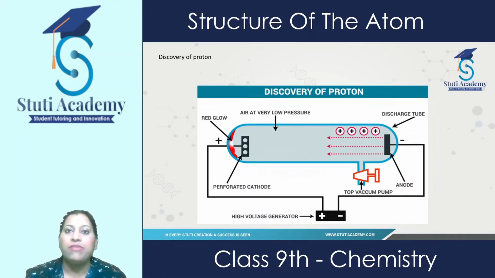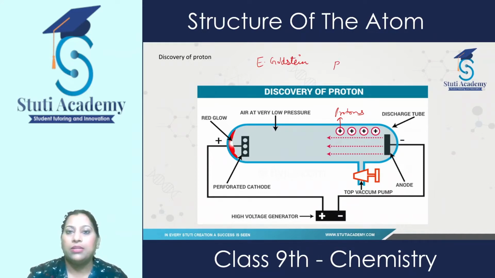And some positively charged particles were observed in the discharge tube, and these positively charged particles are the protons. So this is how protons were discovered. The anode rays which were produced during this experiment are also known as canal rays, because they pass through the canal of the cathode. So this proton was discovered by E. Goldstein,